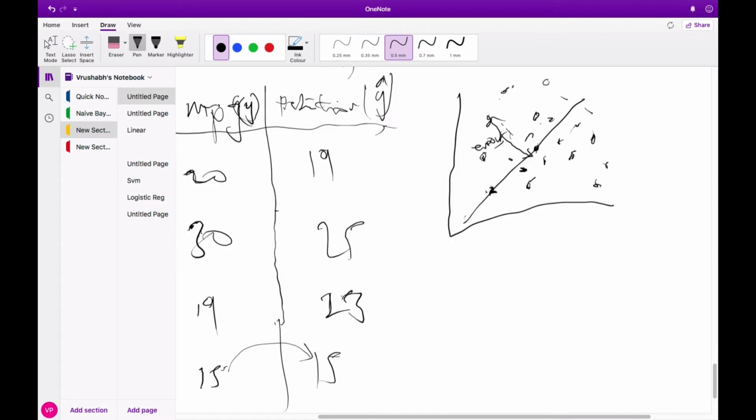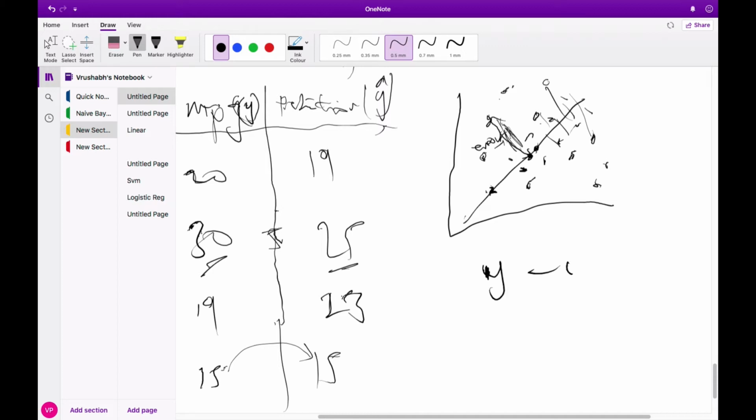So maybe the original data point was 30 and we predicted 15, so there was an error here, and that could be the distance over here. We will measure it for each of these data points, and then we sum all the errors. So we are going to do the actual